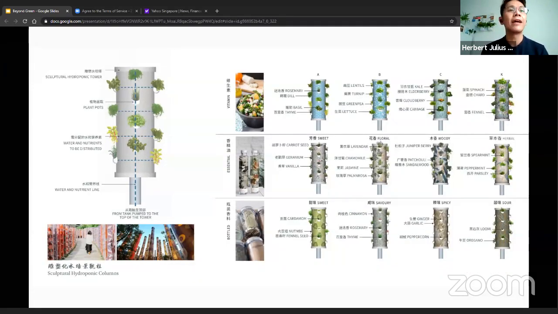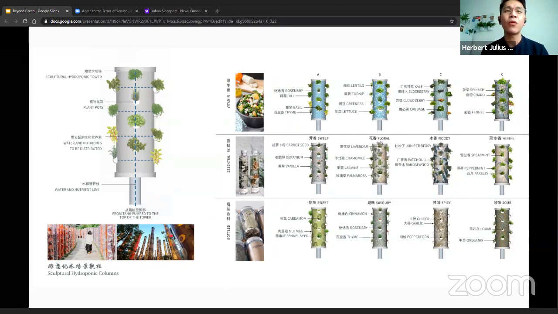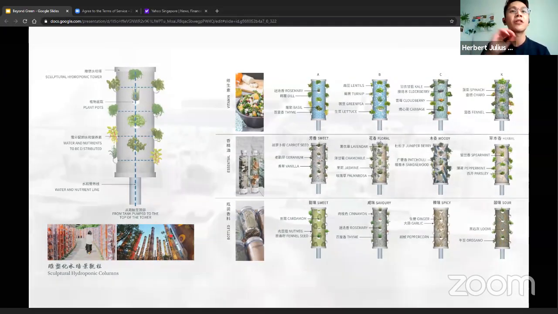And this thinking was a technical hydroponic tower. How do I make it very, very memorable for the guest? And I remember the inspiration of this was one of my trips in Kyoto. The lower left image is in one train station in Kyoto, and I just remembered, why don't I make something very sculptural like this, convert the hydroponic tower into something memorable for the guests, and thus these sculptural hydroponic columns came into the picture.